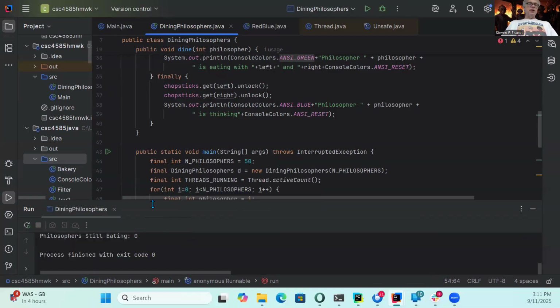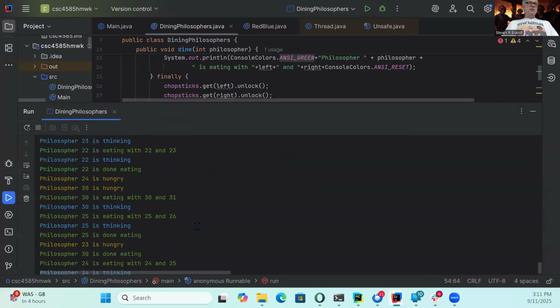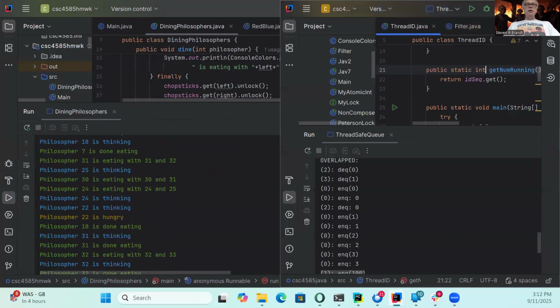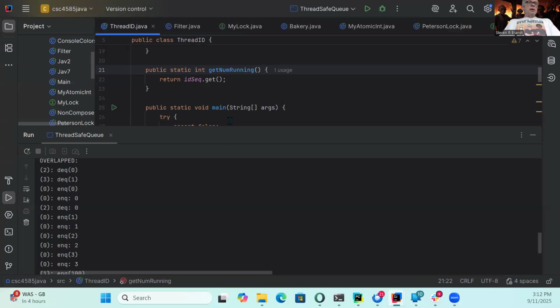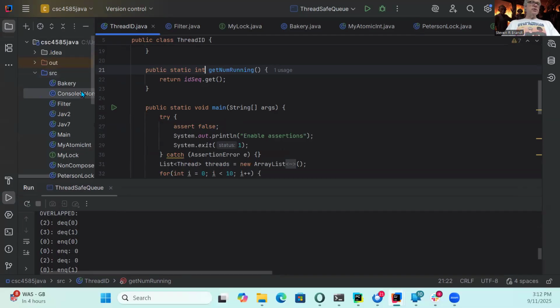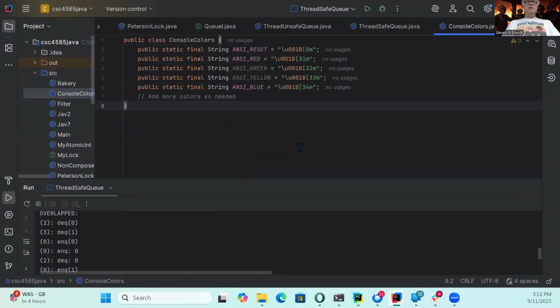All right. So when I ran it, aren't those colors pretty? Have you made your own class to do that? Yeah, I pushed it over to the codes I give to you guys. Hold on. This one, console colors. It's just got some strings defined.